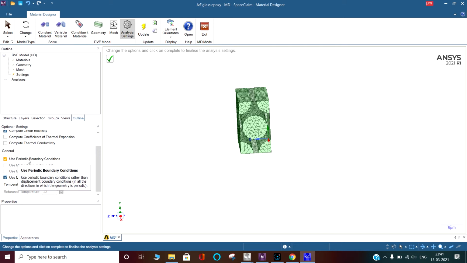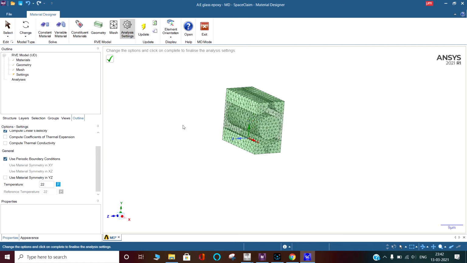So I want to use the periodic boundary conditions. Okay, material symmetry will automatically come in the periodic boundary conditions. So I am just clicking it. So the setting is over.